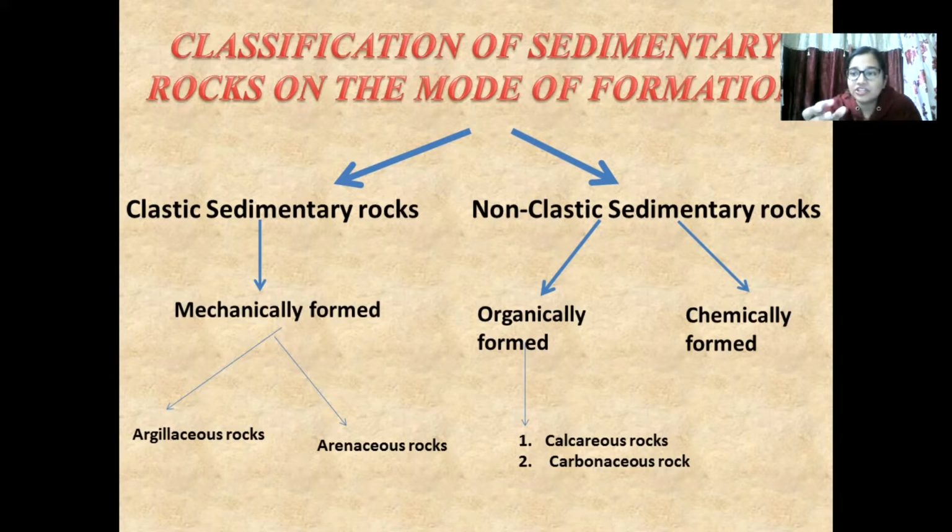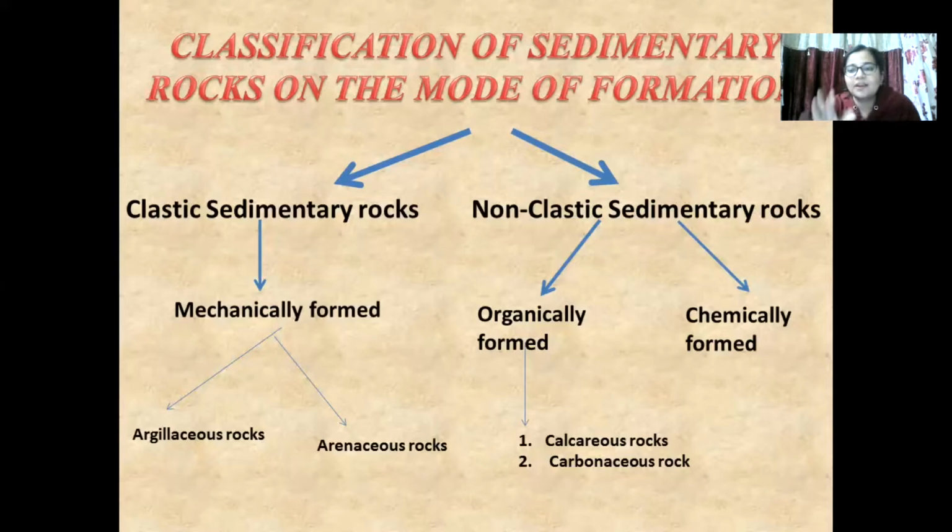Whereas in arenaceous rocks, what is happening? These are the types of mechanically formed clastic sedimentary rocks, formed because of the agents of erosion, that contain a huge amount of sand, where the proportion of sand is very high. And the classic example of arenaceous rock is sandstone. Sandstone is comprised of a huge amount of sand. Okay, it's much easier, although it looks like a very broad classification, it is not.